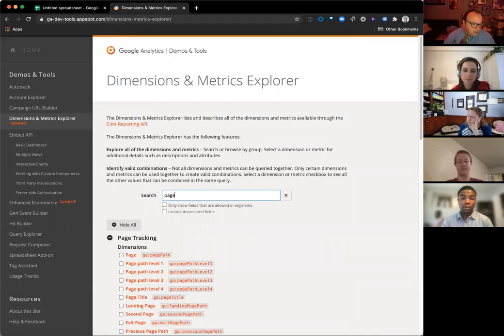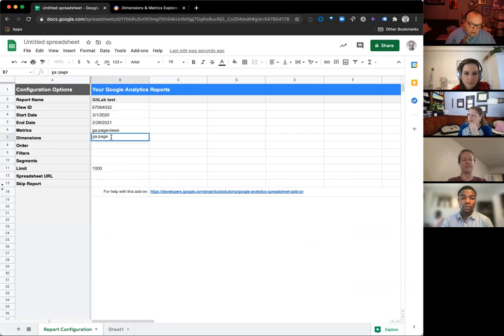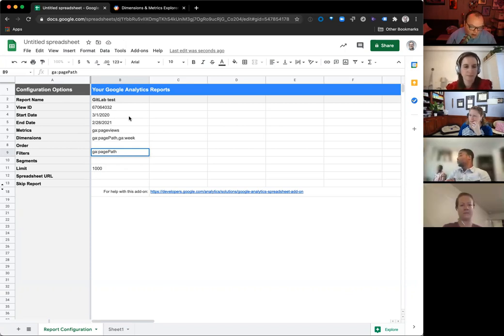So let's see, page. All right, so this is why I came to check this, because I didn't think page was right. So you have to put in GA:page path to get that page, and then path. And then you can also have another dimension. You can say GA week we had earlier. And then you can go filters here and say, okay, so GA page path. And then you want to say, I think it's start. So you can use RegEx, regular expression, which is both